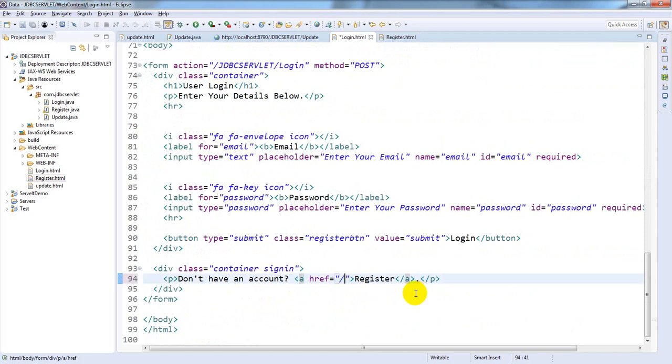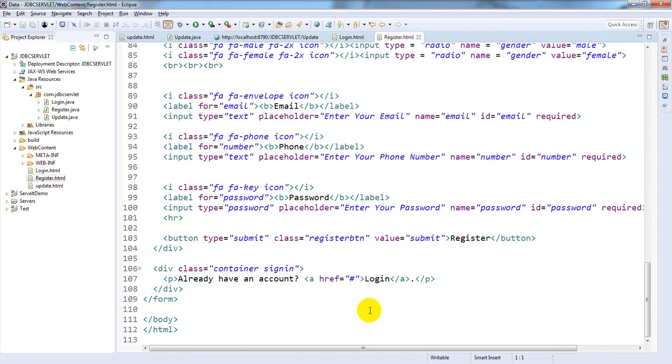The URL is register.html. Save, and here you need to provide login.html. Save this, and